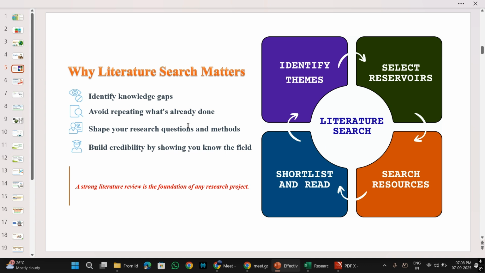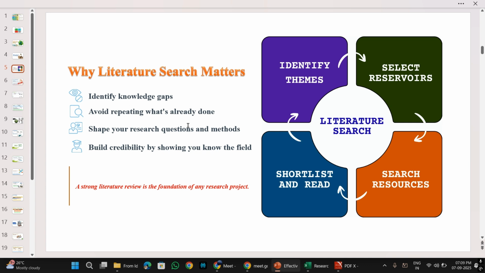Second, avoid repeating what's already done. If you feel one aspect of that research problem has already been done, then take up those results itself, if you feel they are reliable. If you feel they are not reliable, define why it is not reliable, and then go ahead redoing it. But if you feel that the results are reliable, then don't redo it. Rather, just adapt that data as secondary data in your study, and then move ahead to further close the gap with knowledge, definitely.